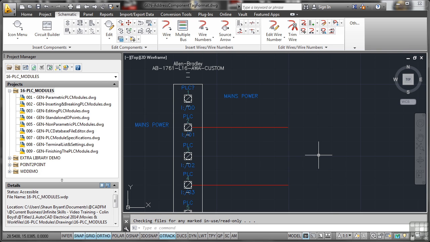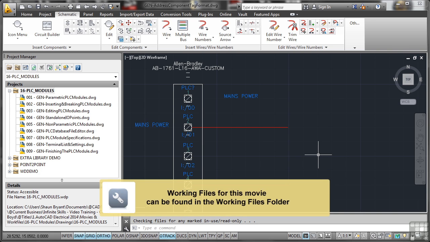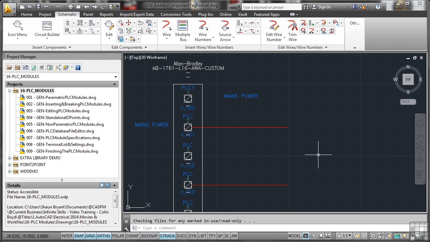Now that we've completed creating our custom PLC module and we've inserted it in our drawing, we need to start thinking about how we can apply PLC modules to components. To do that, we need to look at the address component tag format. So if I'm inserting a component into the drawing and I want it to go into this piece of wiring